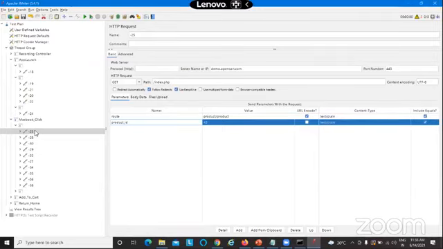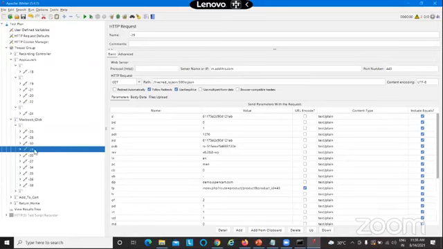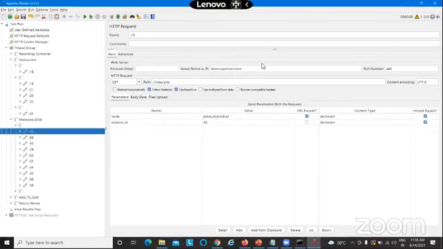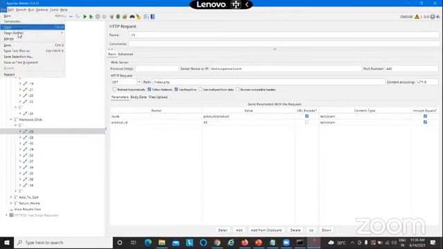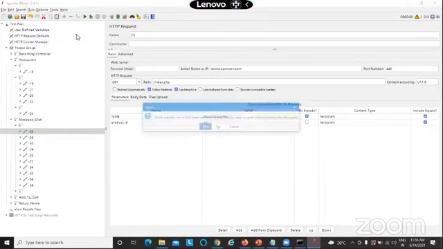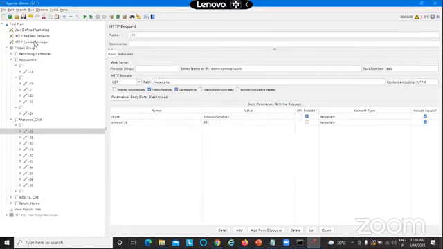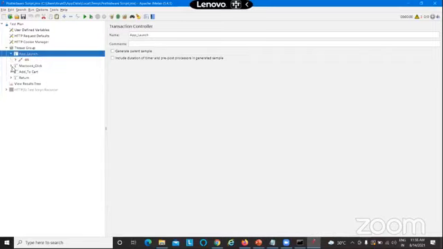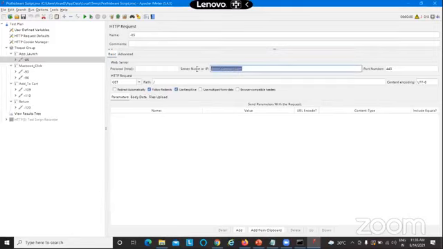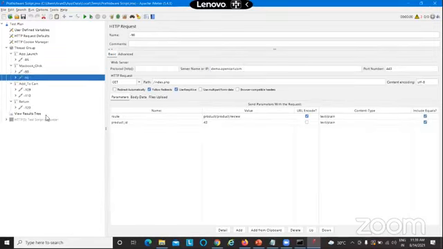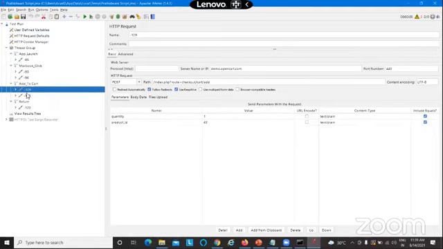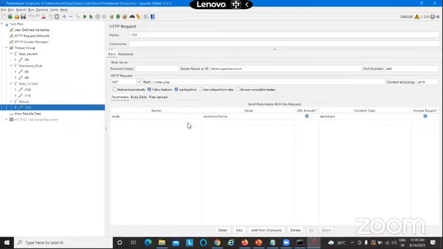So the product ID is there, and we have to do some cleanup on the script. We have to remove all these unwanted requests, and keep all the requests with demo cart. For the time being, I already have a script prepared for you. The same recording. If you look at the transactions, I have recorded app launch, MacBook click, add to cart, and return. The launch request goes like this, MacBook click goes like this, and these are the two requests recorded at the time of adding into the cart, and this is the return request.